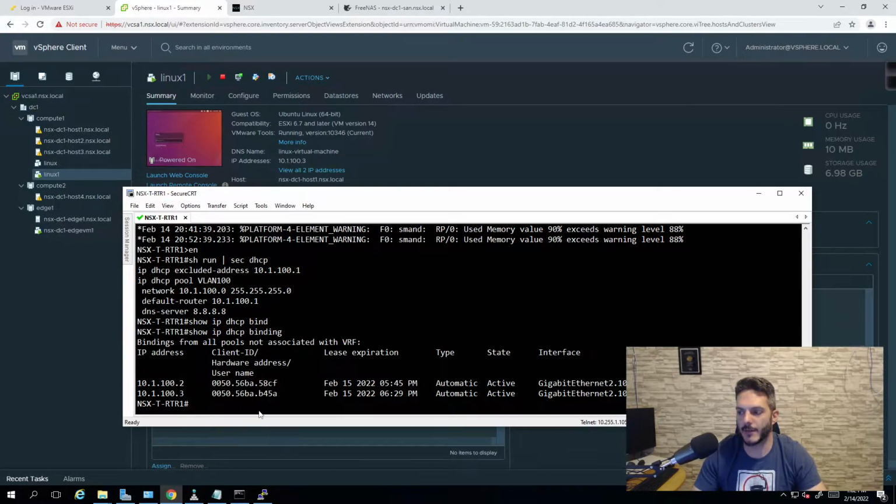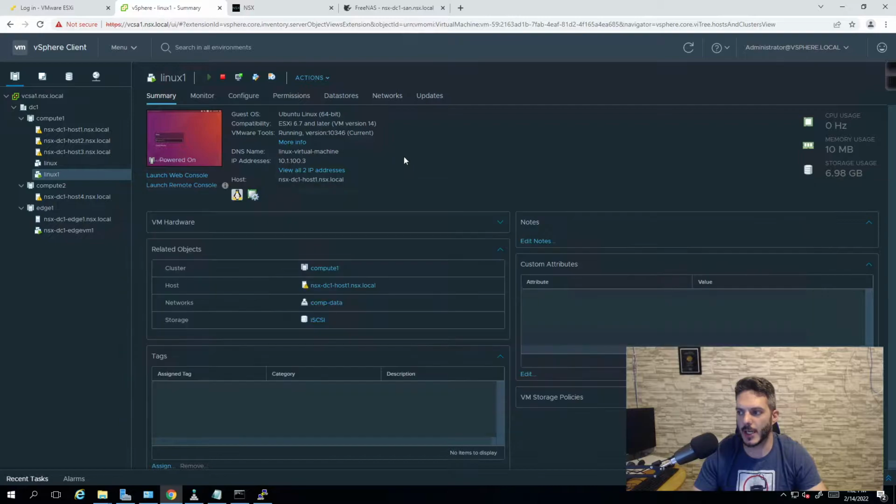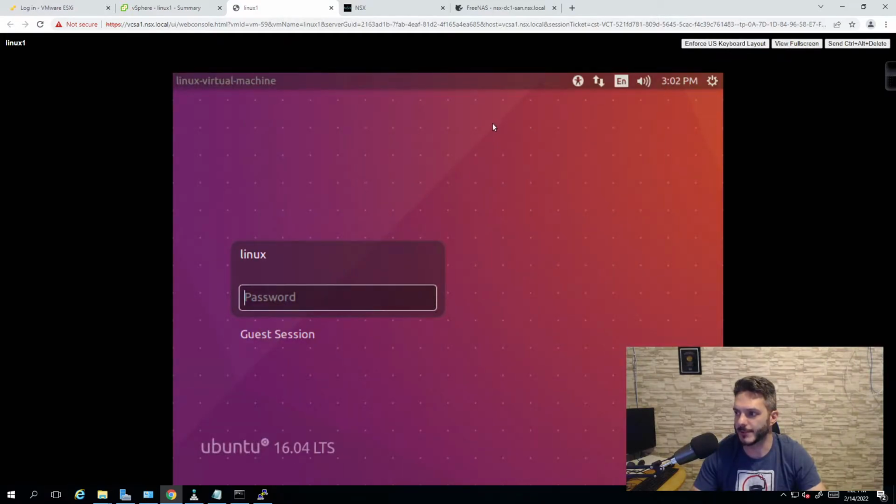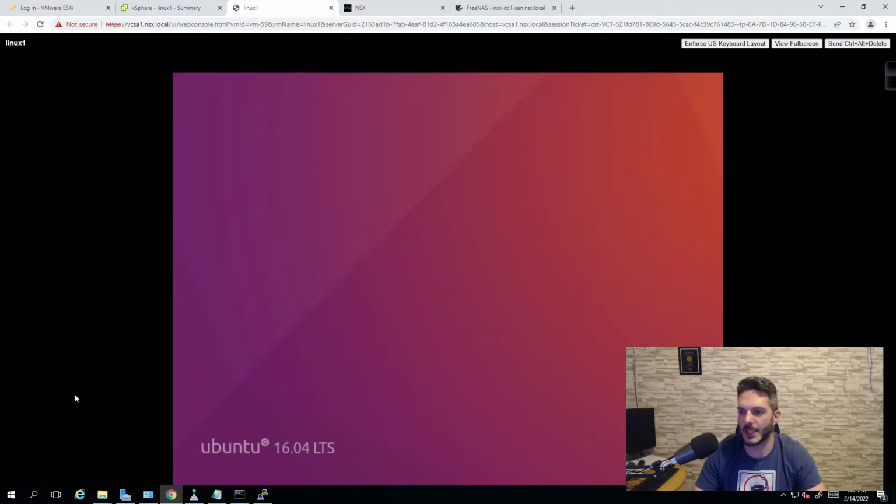Now, right now, if I wanted to log into this guy and go to the internet, I'll be able to do so, which is using non-NSX networking. I'm using straight vSphere networking. So if I click on Launch Web Console, click on OK, give that a second and log in. As you can see up here, the network icon is working. So if I type in the password and give that a moment or two to log in,